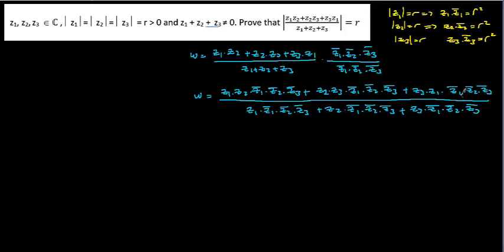Okay, if I rearrange the numerator and denominator, W is going to be equal to Z1 times Z1 conjugate times Z2 times Z2 conjugate times Z3 conjugate plus